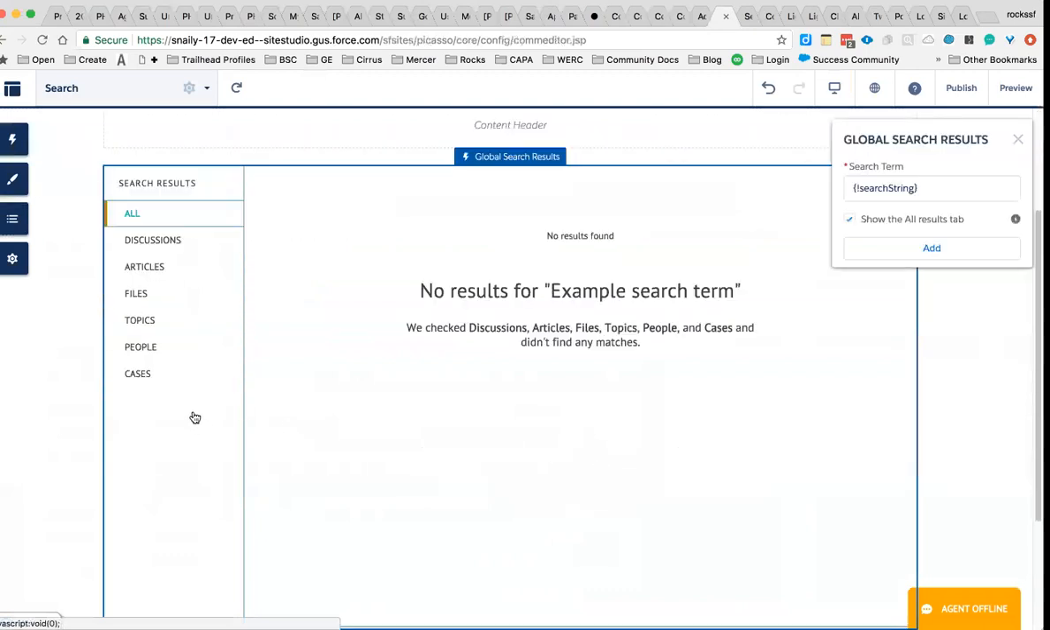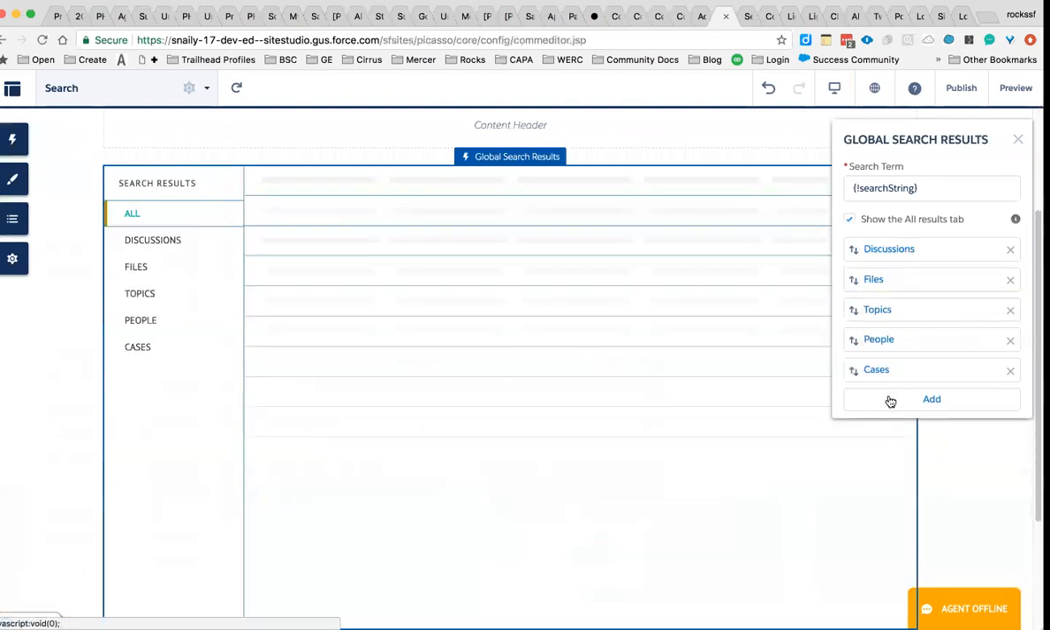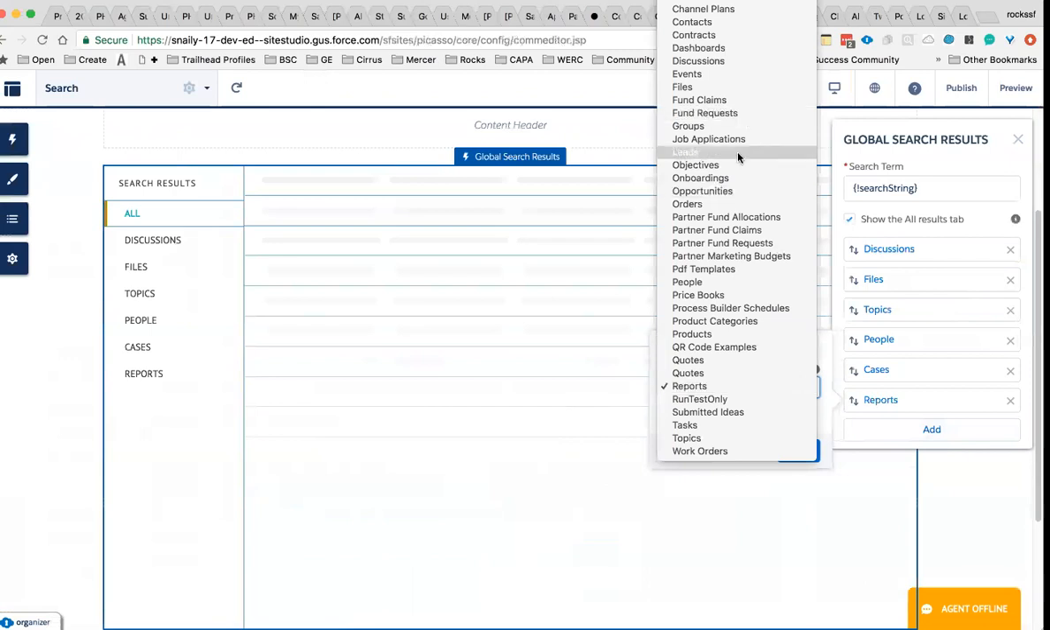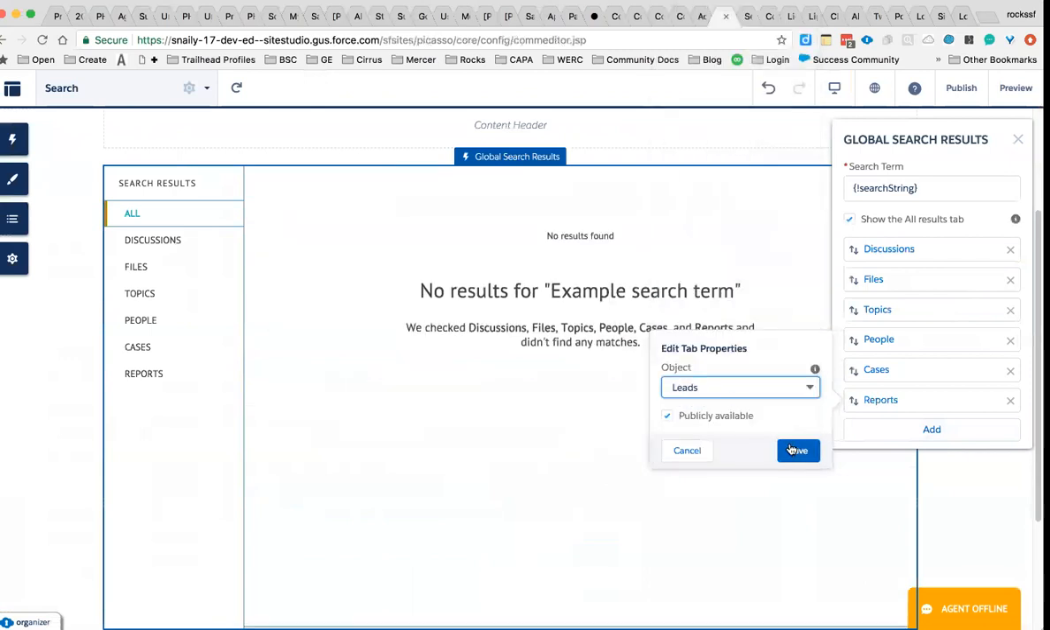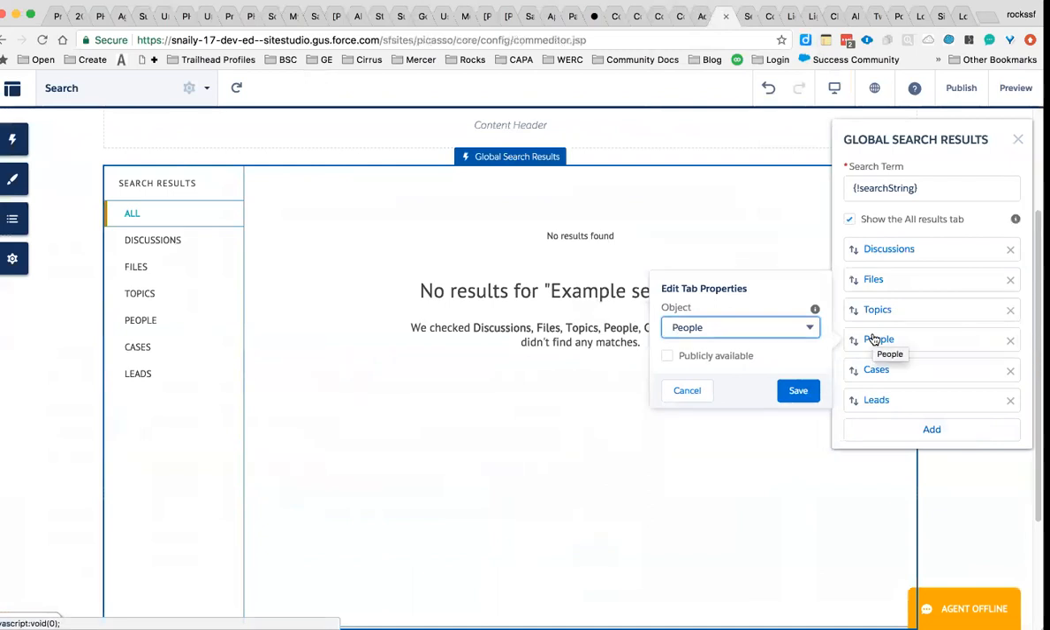You're also able to customize what shows up in this search. So if you don't want to have knowledge showing up, and instead, let's say I want to add leads, you can totally add that, and you can remove certain items from being public. So for example, I don't want unauthenticated users to be able to see who's logging in. And so by actually going through and having